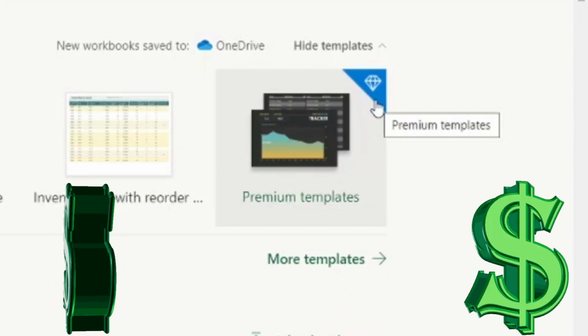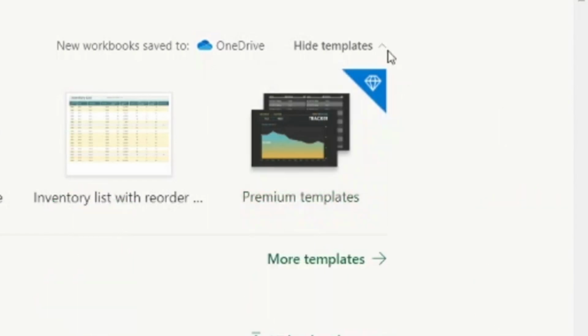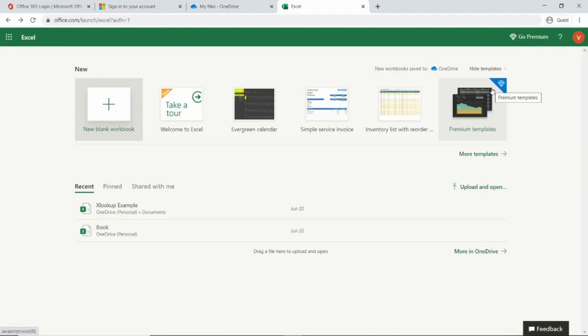So, diamond, money is what everyone seeks. So Microsoft is also here to earn money. It is giving you something free, but for more premium things, it wants you to pay more, which is completely fine. So just to show you how we can use Excel, I'll quickly open a new Excel file.